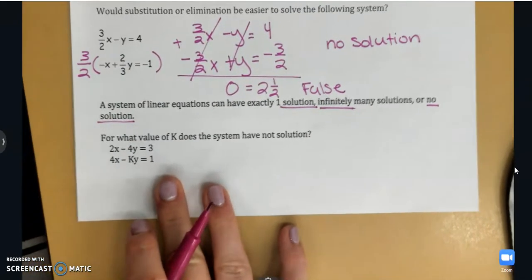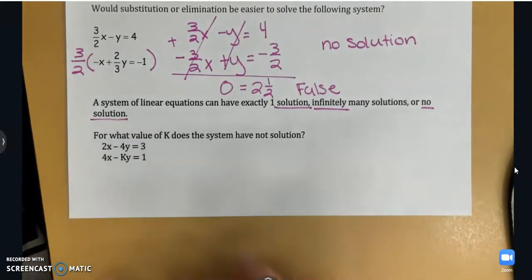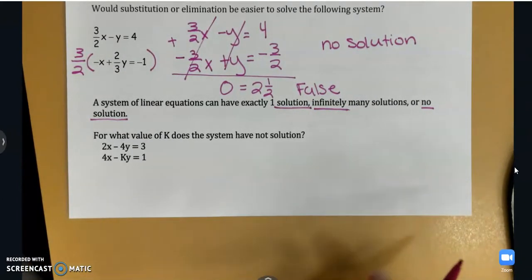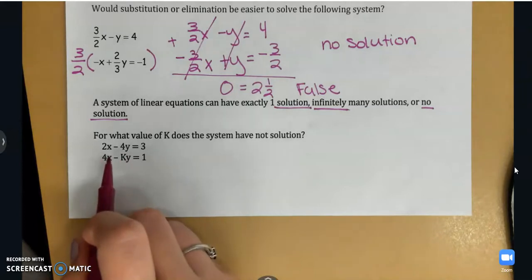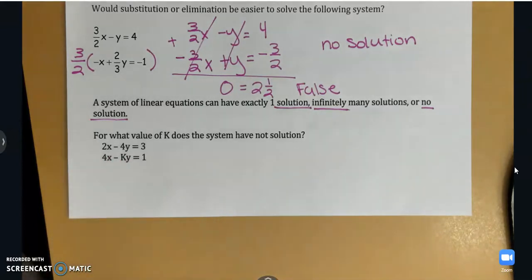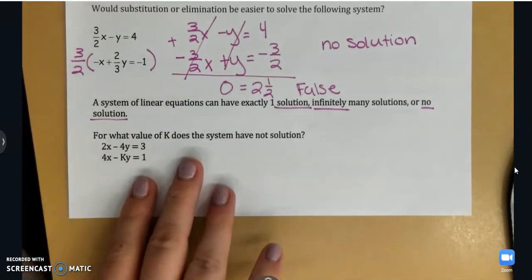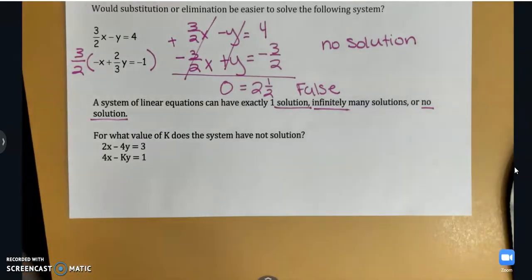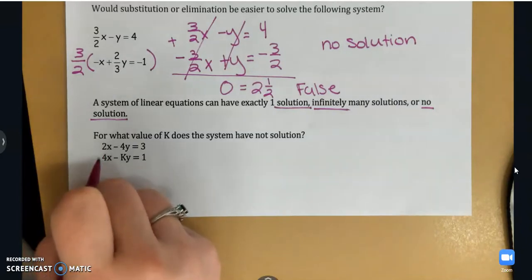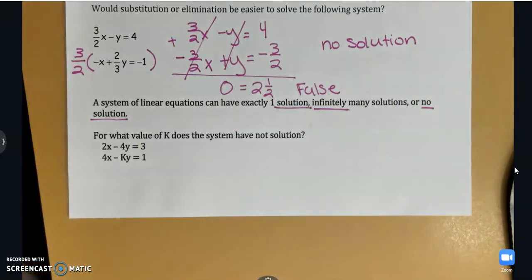Then this last problem on the front, for what value of k does the system not have a solution? So remember, we don't have a solution when we get a false statement. So if everything on the left canceled and I was left with 0 equals a number, that would be no solution. So if I was going to try to use elimination to solve this problem,